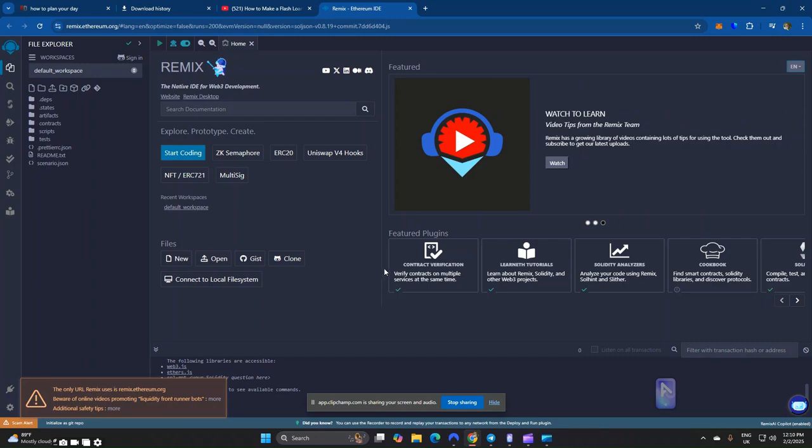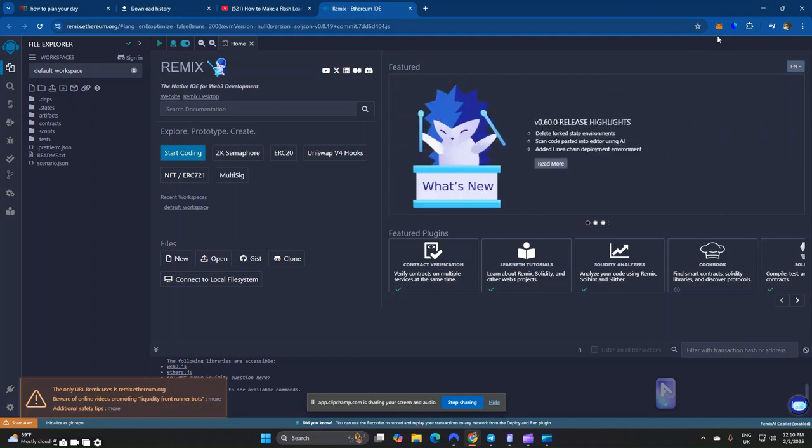Today, I will show you how to create Flash USDT on the ERC20 network using Remix and Metamask. So we'll be using Remix and Metamask to create Flash USDT. In this video, we will deploy a smart contract that manipulates